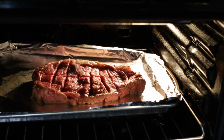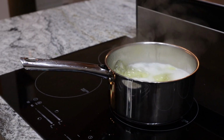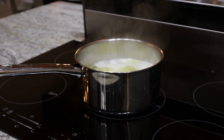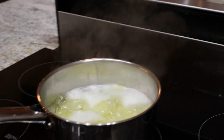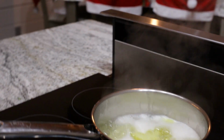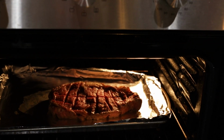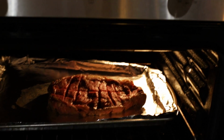Cooking up that good steak. Ooh-wee. Potatoes boiling in the pot. You know what it is. It's a Monday night. It's the 11th of December. Here cooking a meal. Got potatoes, some gold potatoes, and I got nice, juicy, perfectly cut, no season, reverse sear